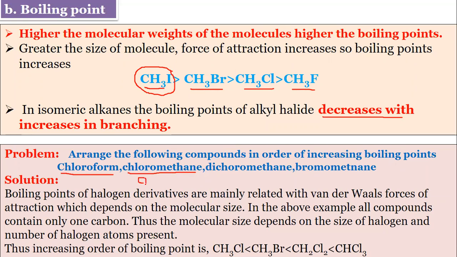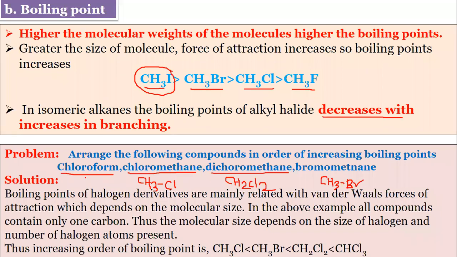Chloromethane, CH3Cl, is also called methyl chloride. Then dichloromethane means there are two chlorines, CH2Cl2. And this is bromomethane, which means CH3Br. So we have to arrange,